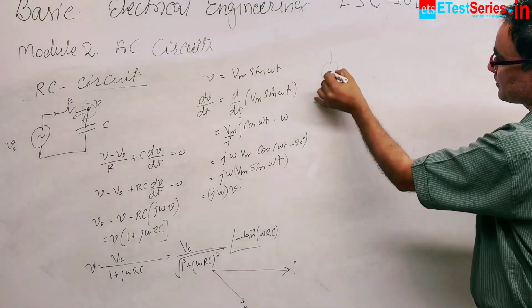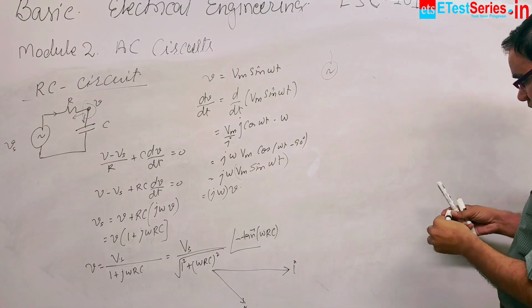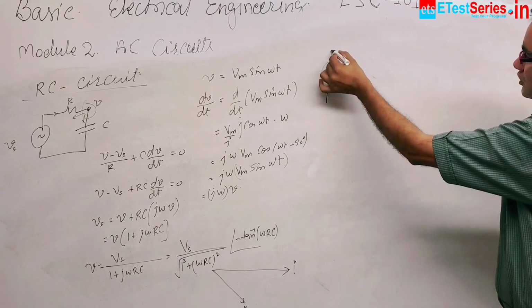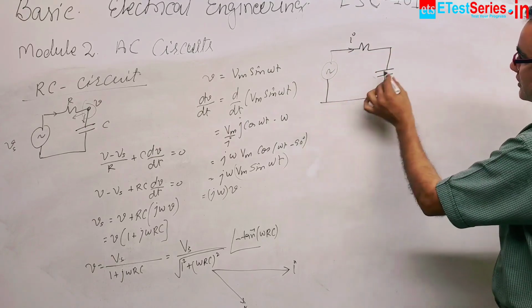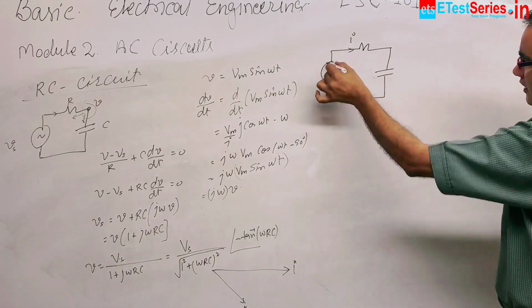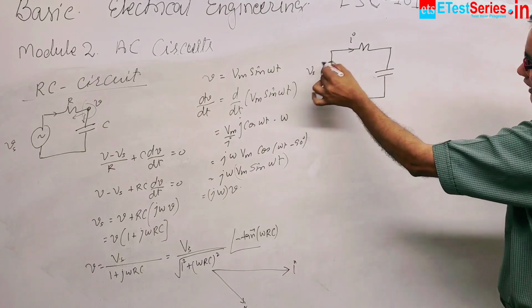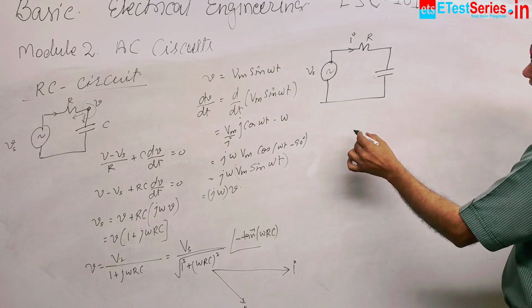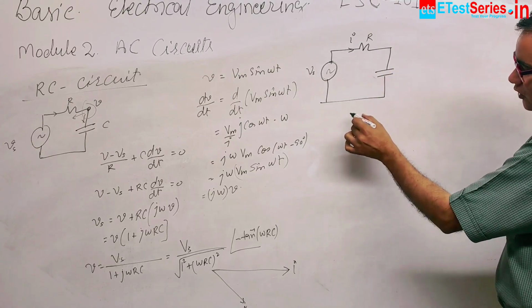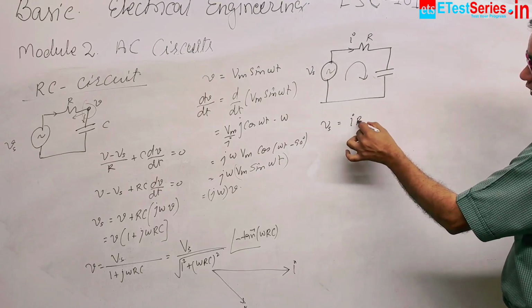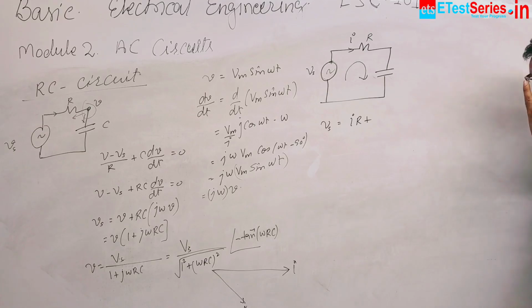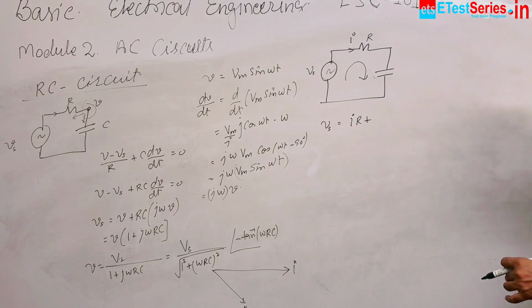जैसे ये सोर्स है, और इस सोर्स से कांस्टेंट करंट आ रही है, वो इस रेजिस्टेंस में से होते हुए जा रही है, और ये कैपेसिटर में से होते हुए आ रही है, और कैपेसिटर की क्रॉस वोल्टेज है। ये वोल्टेज सोर्स है, ये R है, ये करंट है। तो किरचॉफ का वोल्टेज लॉ लगाते हैं, मैश एनालिसिस, सो Vs इज इक्वल टू IR, IR इज द वोल्टेज ड्रॉप अक्रॉस रेजिस्टेंस, plus what the voltage across the capacitor.